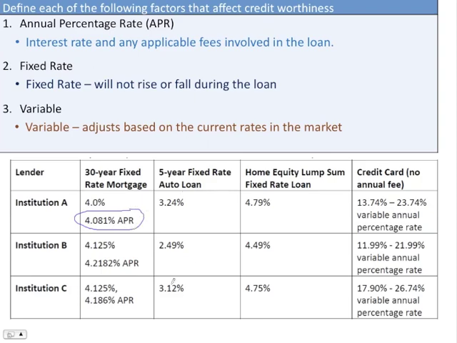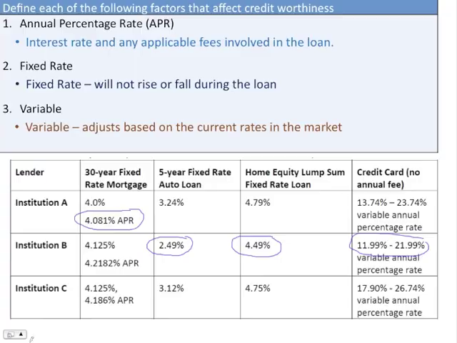If I'm looking at borrowing for a car, it appears that institution B offers the best APR. A home equity loan would be a loan borrowed off the value of your home, and again, institution B seems to have a lower interest rate on that. Looking at the credit cards, it appears that the lowest APR range would be, again, with Bank B. So comparing these interest rates can help me to determine whether or not to take a loan with institution A,